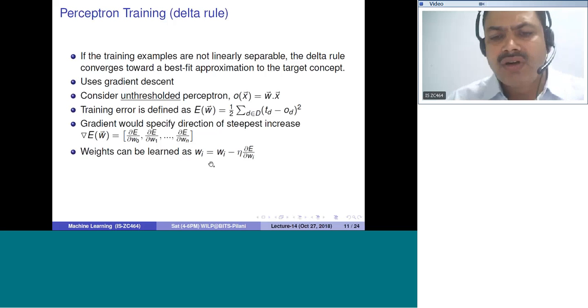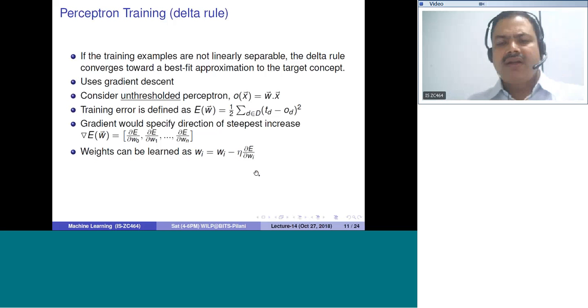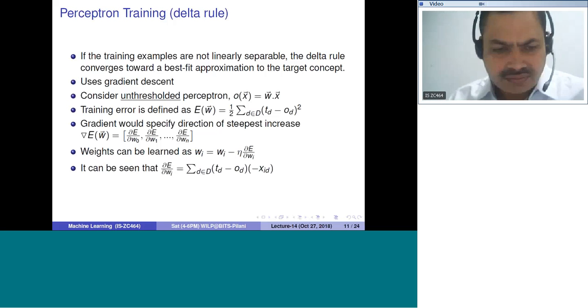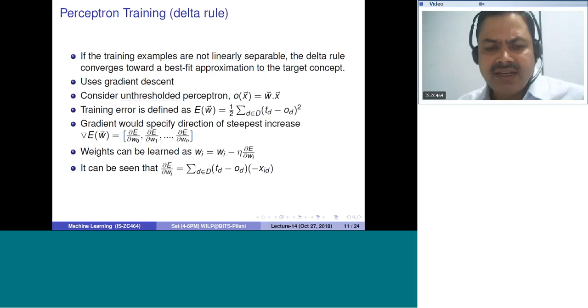Then the training rule is that the weights are updated this way: Wi equals Wi minus eta times delta E upon delta Wi. It can be seen that delta E upon delta Wi is equal to the summation over all the data items of the target minus the output, multiplied by xid. How can you see this xid? You can differentiate this part. That is not difficult. You know that target minus